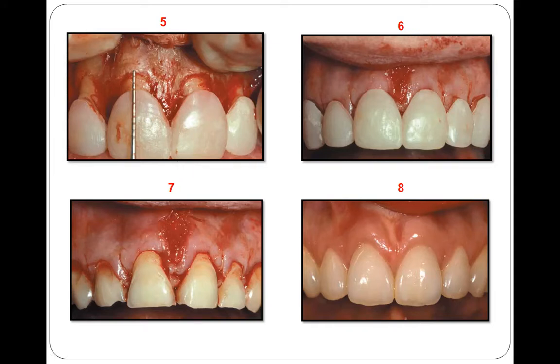As you can see in picture number 5, about 3 mm of bone has been contoured or removed from the margin of the template. The template is also used to suture the flap in the new position, and you can see in picture 7 the immediate post-operative results, and picture 8 is several years after performing the surgery. You can see the pleasing aesthetic appearance, and the margins are at the same level, and the interdental papilla also is maintained.